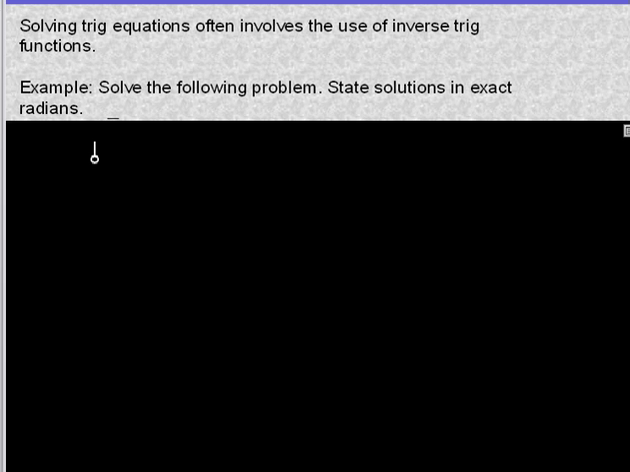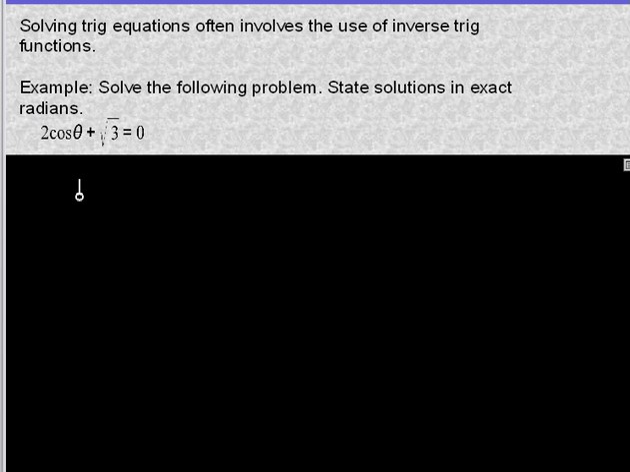So, example, solve the following problem, state solutions in exact radians. 2 cosine of theta plus the square root of 3 equals 0. Basically you're going to solve this the way you would solve any problem. We want to first isolate the trig function, and then we're going to solve for our variable. In this case, our variable is our theta. So we're going to find an angle, since our variable is an angle,